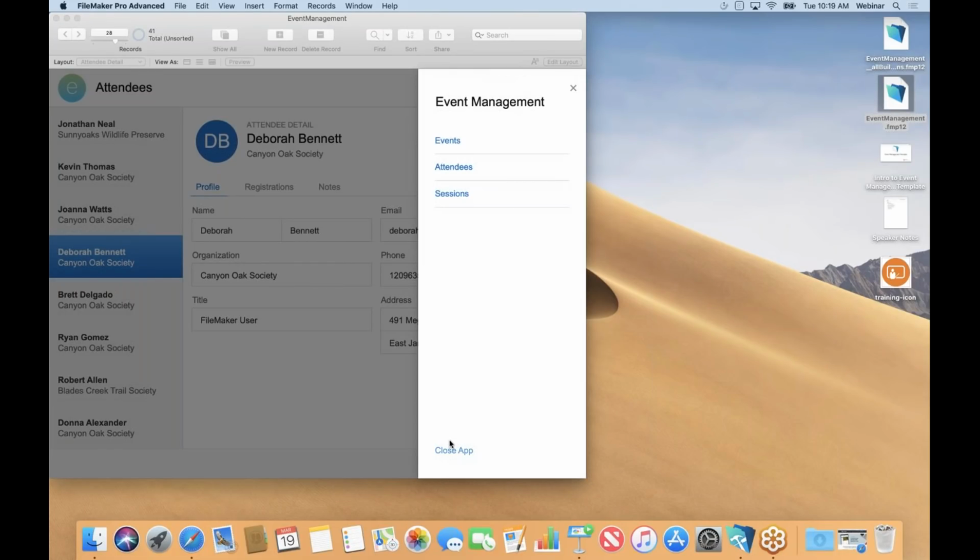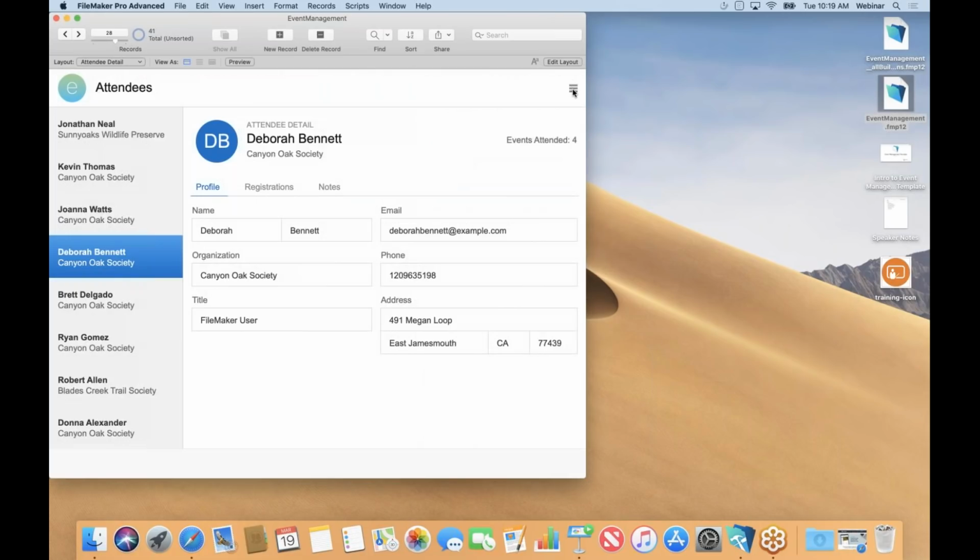But the one thing that is missing here that many people bring up is, this is great, Steve, but how do I get back to the actual dashboard itself? Well, we kicked around the idea of putting the dashboard in the hamburger menu, but we also wanted to be able to expose customers to other aspects of FileMaker. So we purposely didn't put it there,